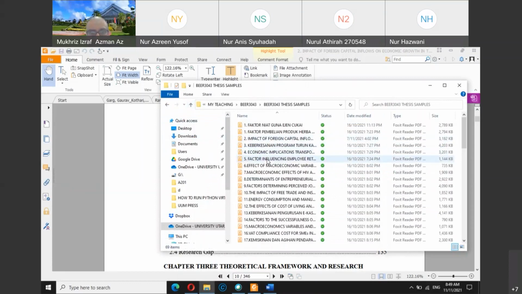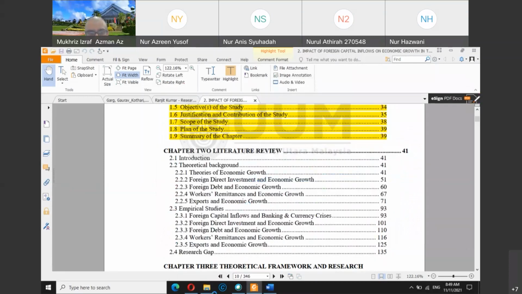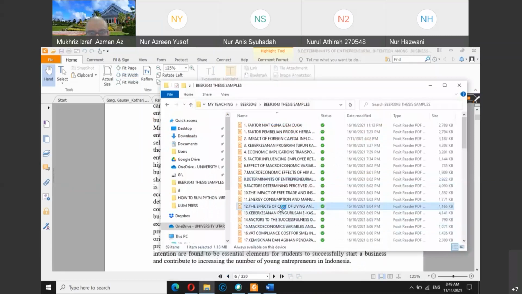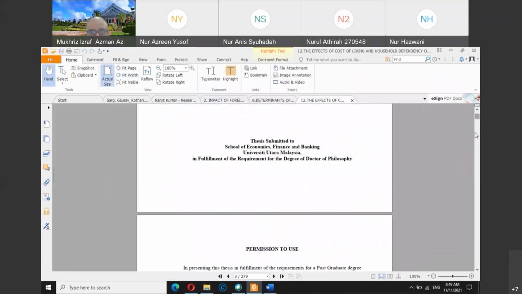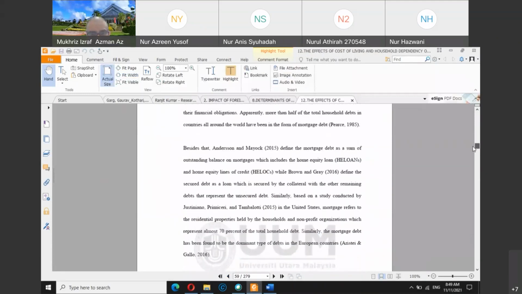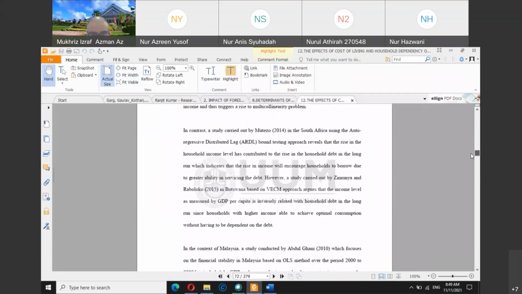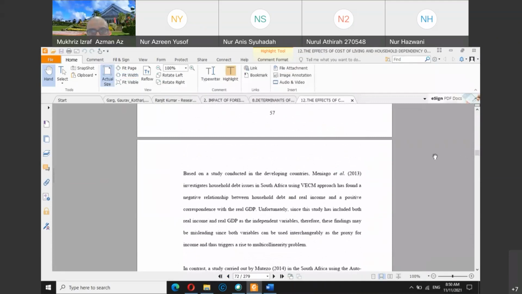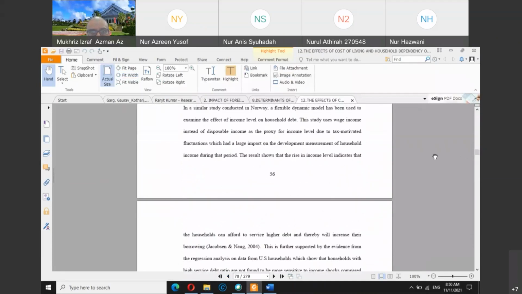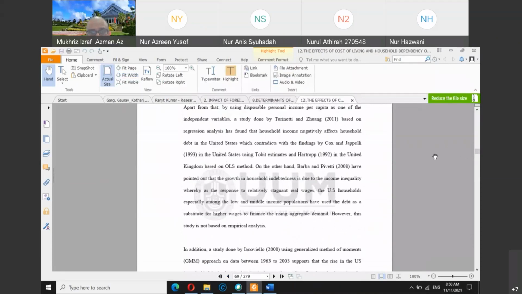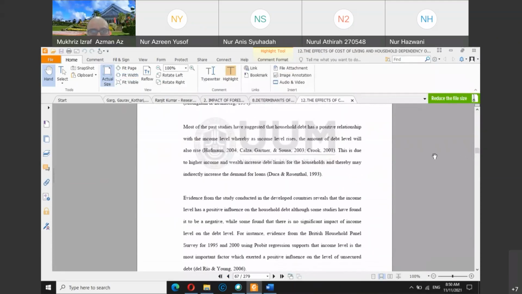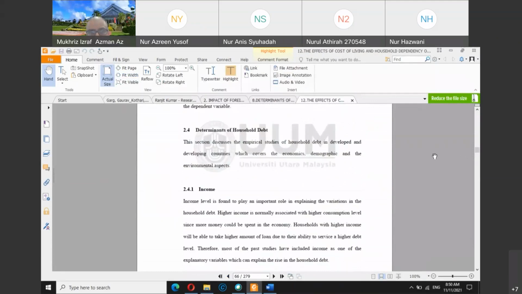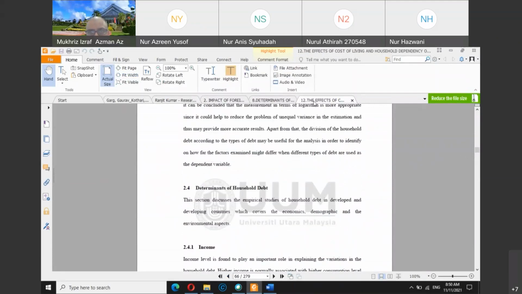So I will open a few theses at random, maybe the ones we have already discussed before, or any other thesis, just focusing on the literature review section. It's not about the content. I'm more interested in how the student summarizes the articles, and how you can follow certain theses. For example, thesis number 12,